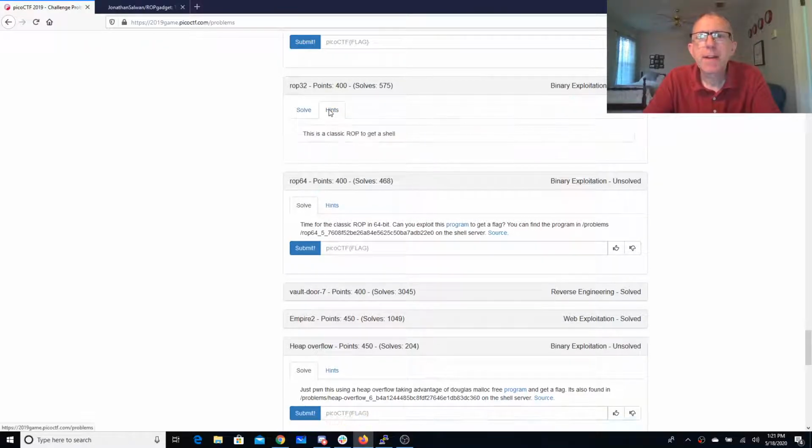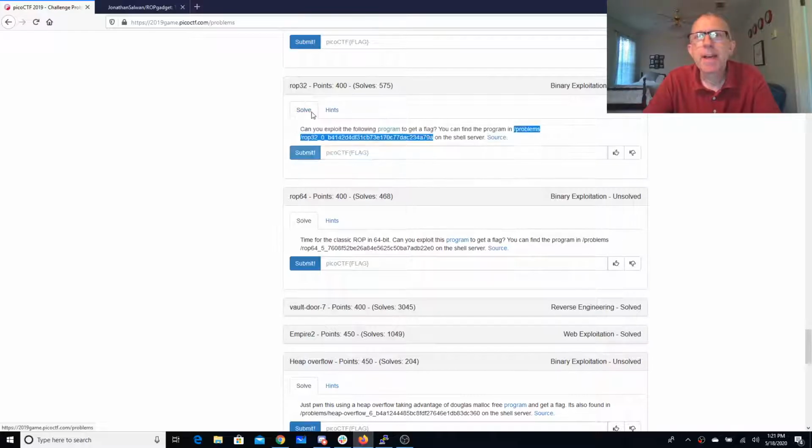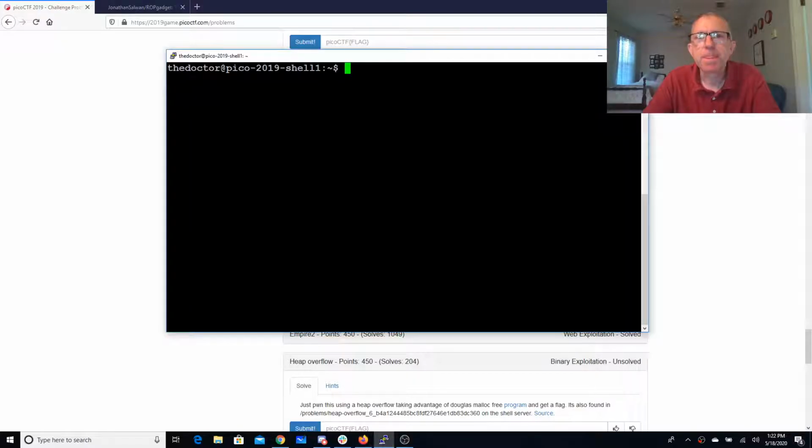So our hint is it's a classic ROP. ROP stands for return-oriented programming. What that means is we're going to build up a program by, instead of putting shellcode on the stack, writing a bunch of return addresses on the stack of code that already exists. And there's a nice tool called ROPgadget that will help us find those. So if I just say ROPgadget,